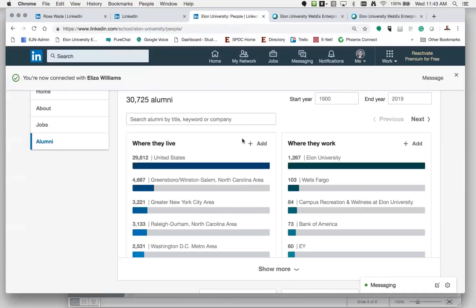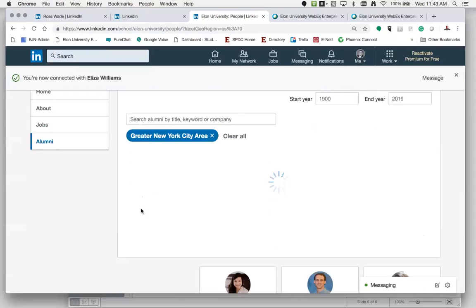Here, let me clear all again, because what I think might happen is they've said, Ross, you searched too much and you're on the free basic version, so we're cutting you off, buddy. And I think that might be what they have done. But if that's the case, don't worry, I got a backup. All right, I think that might be the case.